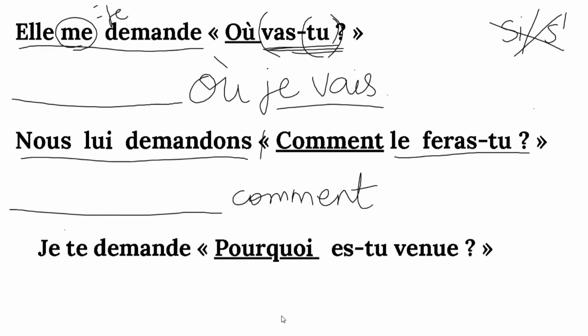Change this inversion into affirmative form. Now we know it is my verb faire in the future. So I will maintain that verb, the tense. And who is this tu? The listener is il or elle. So comma il. This is my pronom personnel direct object which will come before my future simple verb.